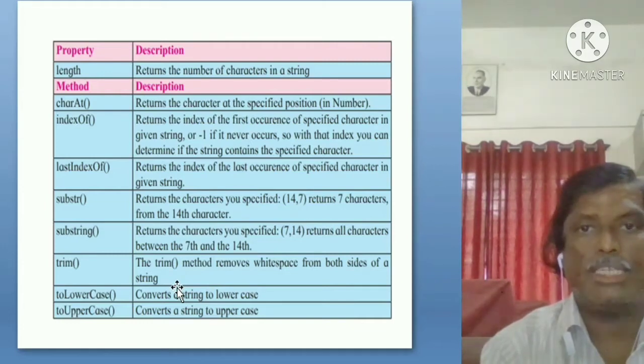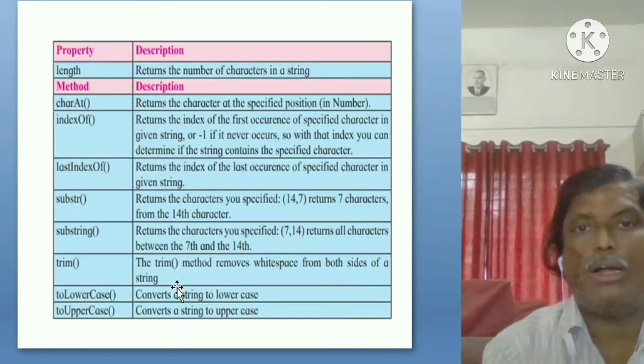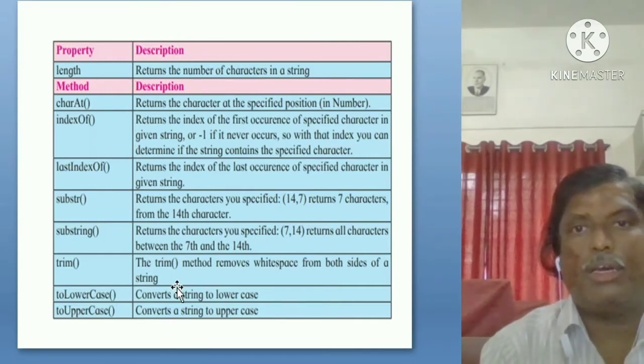Then see the next method, substr. It returns the characters you specified. For example, in the small brackets 14,7.